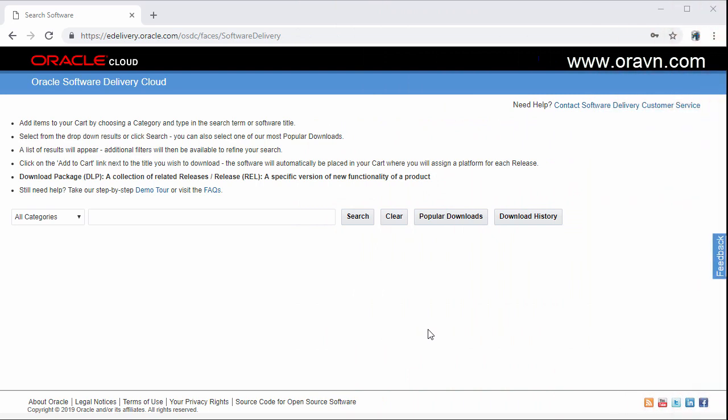Today we will download and install Oracle Database 19c for the year of 2019. This is the version for Exadata. However, we can download and install on our regular Linux. First of all, we need to go to